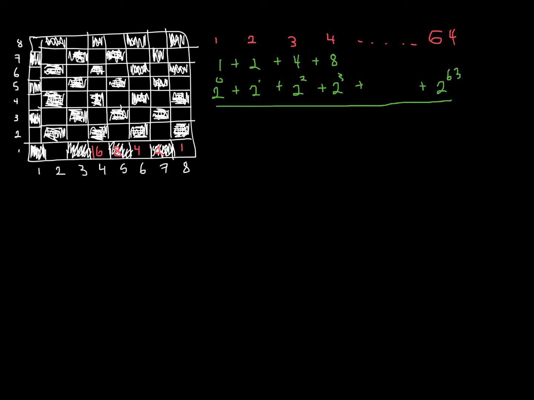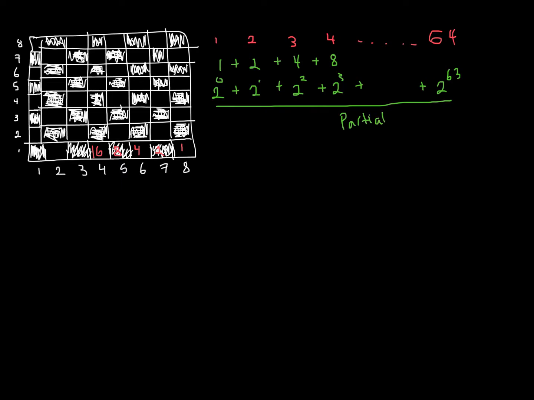And the reason that we're going to use this example is because I bet you don't want to go on your calculator and type in 2 to the 63rd plus 2 to the 62nd, and so on and so forth, all the way down the line. And so what we're going to do is we're going to look for a more simplistic, more efficient way to compute this sum. Now, before we move on, I want to mention that this is a partial